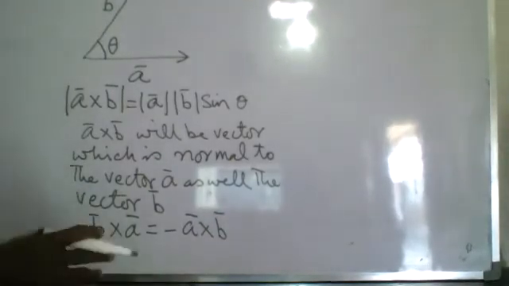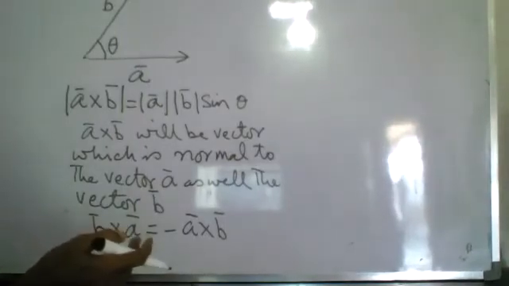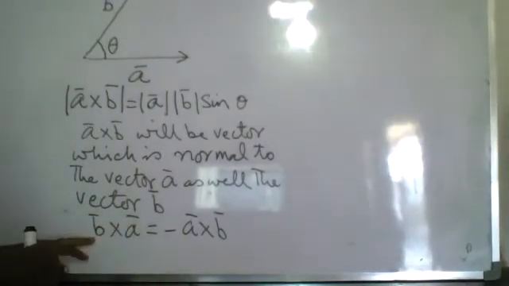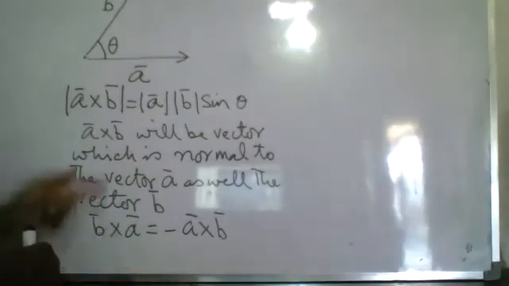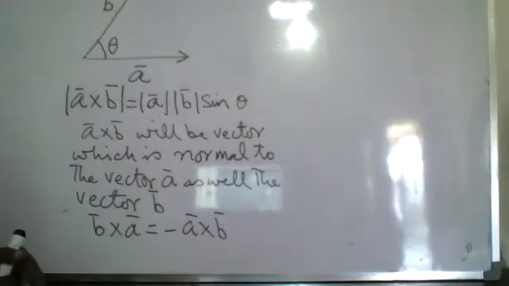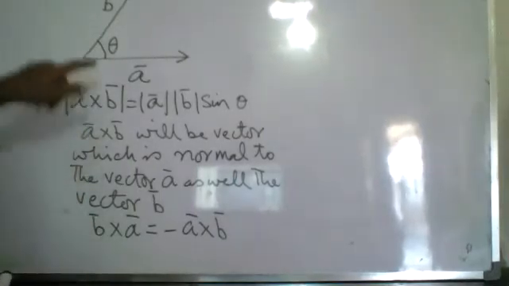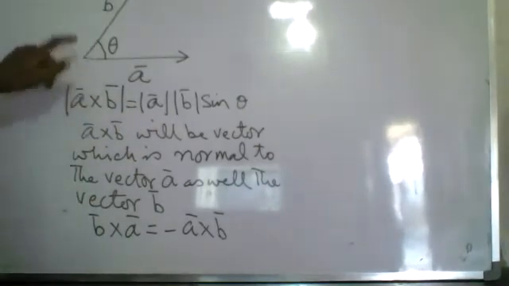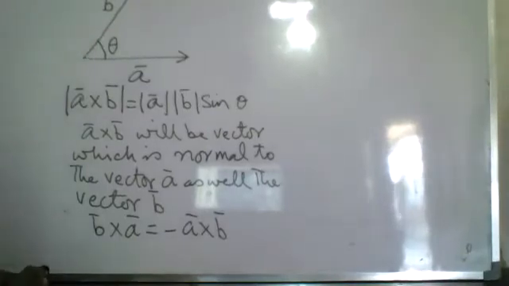Dot product A dot B is equal to B dot A, because this is a scalar number only. We are interested in the number only. But A cross B and B cross A are opposite vectors. They have the same magnitude, but their direction will be opposite. A is perpendicular to B, and the product will be perpendicular to A as well as to B. It will be 90 degrees to A and 90 degrees to B.